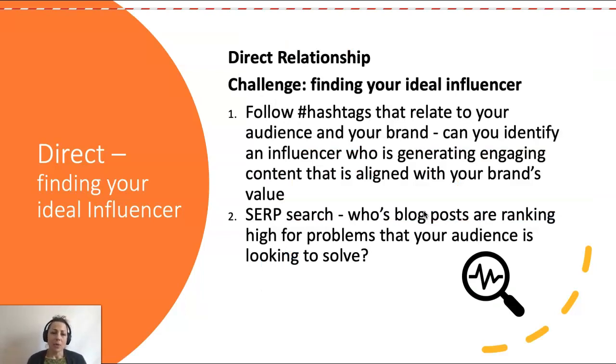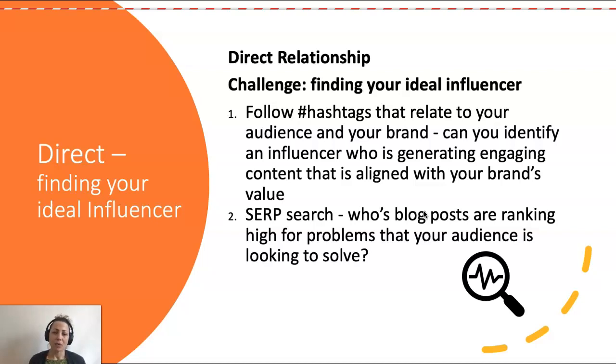So one of the ways that we can actually find an influencer, if we're going to look to develop a direct relationship and find them ourselves, is to follow hashtags that relate to our audience or our brand, or perhaps the positive impact that we're trying to have. So if you find a person who is using hashtags and they have a great audience, a large audience that's very similar to the audience that you're looking to nurture, and that audience is very engaged, you might identify them as a micro influencer in that particular area. So using hashtags is one way to help you to find particular influencers.